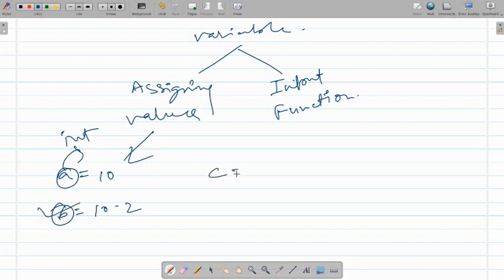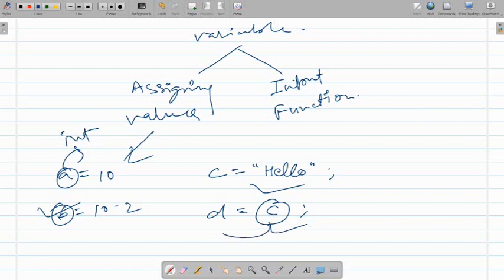And if we assign C equal to 'hello' in single inverted commas, then C automatically becomes a string type. If we assign D equal to C, then since the data type of C is string, the data type of D will also become string.